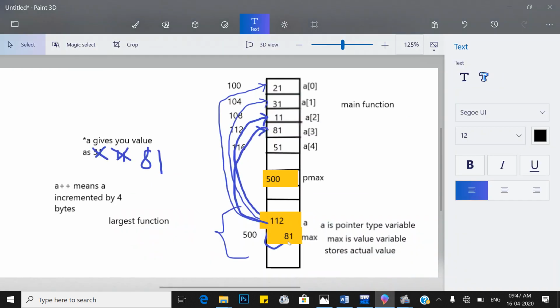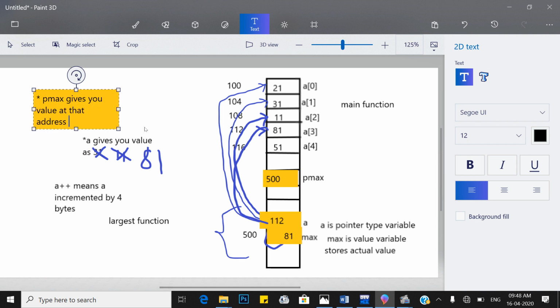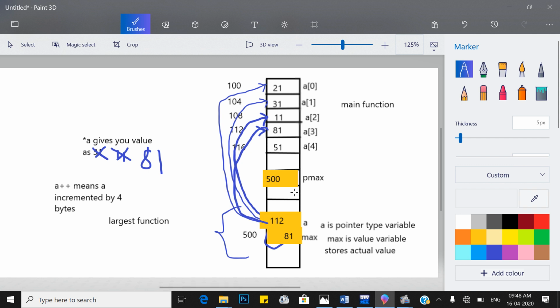So if max is live, we can access the value: pointer pmax gives you the value at that address location.